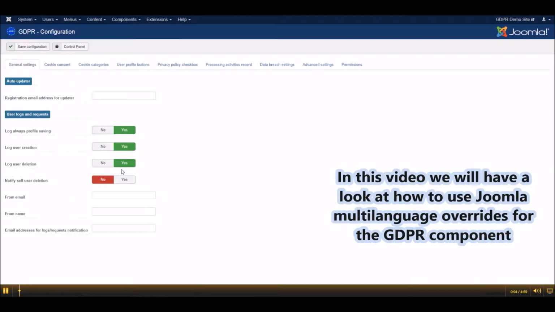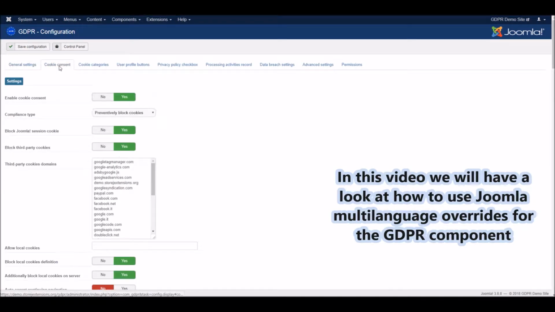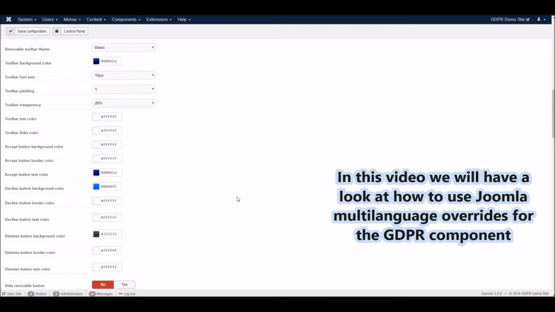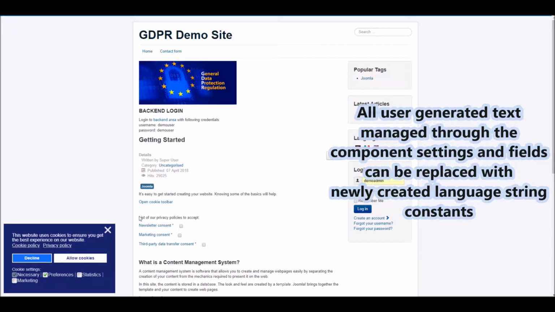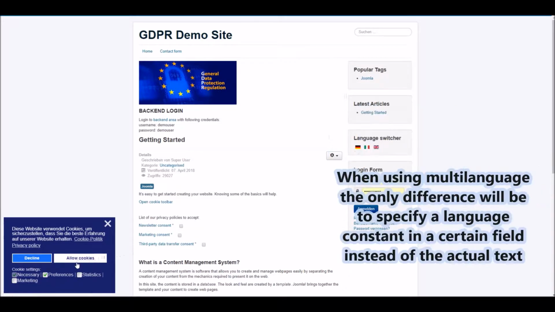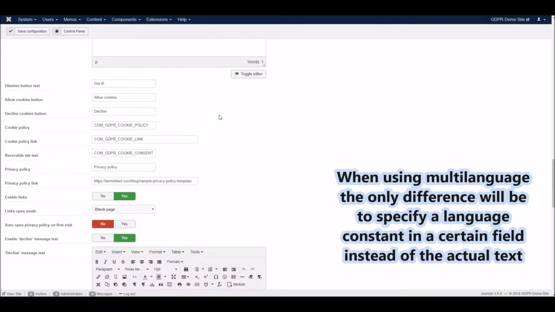In this video we will have a look at how to use Joomla multi-language overrides for the GDPR component. All user-generated text managed through the component settings and fields can be replaced with newly created language string constants. When using multi-language, the only difference will be to specify a language constant in a certain field instead of the